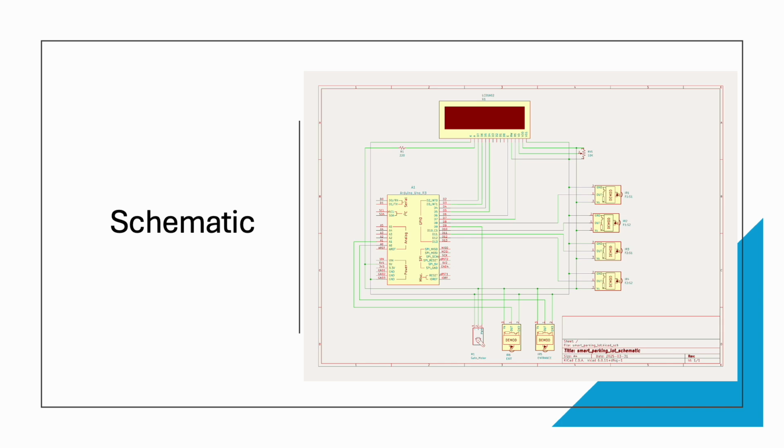After that, we have the following sensors, IR sensors. They're all going to have connections to VCC 5 volts, ground to ground, and then the sensor out is going to be the output of the said sensor, and it's going to go as follows. Spot 1 from floor 1 is going to be pin 8. Spot 2 from floor 1 is going to be pin 10. Spot 1 from floor 2 is going to be pin 11, and spot 2 from floor 2 is going to